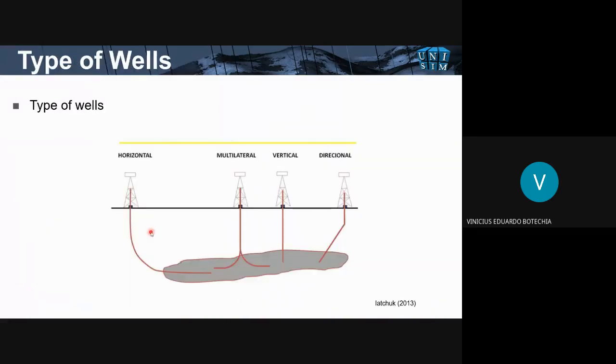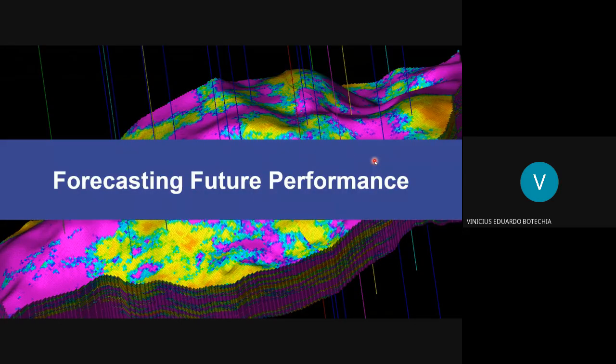And type of wells, there are no wells. Here we have horizontal wells of this type, multilateral wells, and vertical and directional wells are common for everyone. So